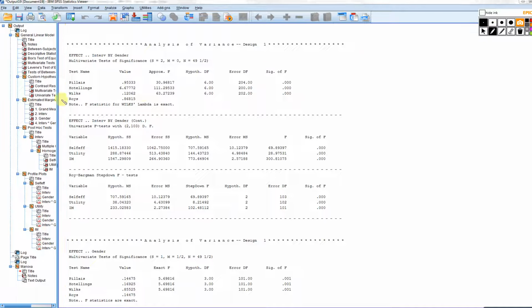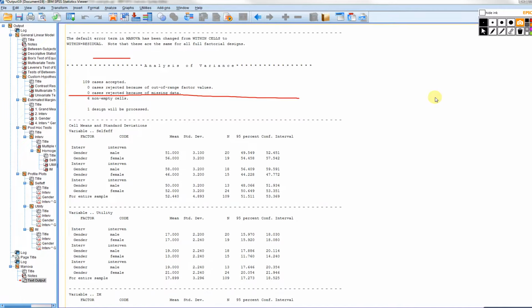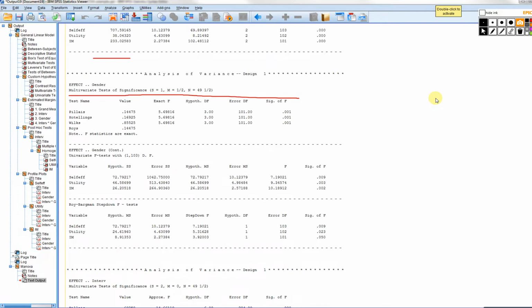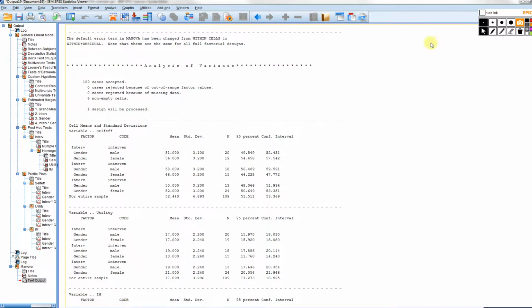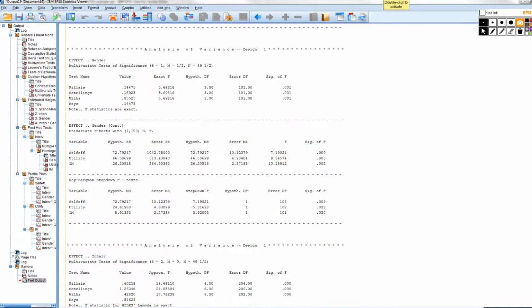So right here, this is the MANOVA result that was in the previous table for the interaction of intervention by gender. If we go down a little bit further, we have essentially the multivariate test results for gender. So these are the MANOVA results that appear in the earlier table that I showed you. And